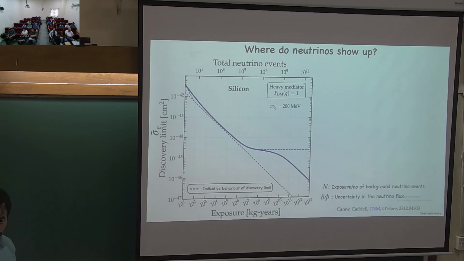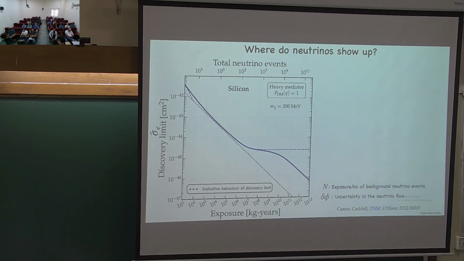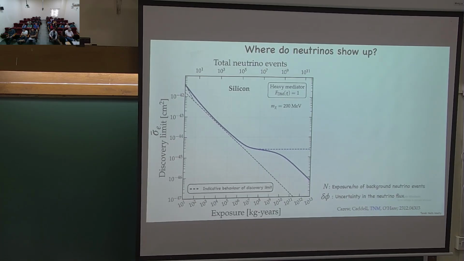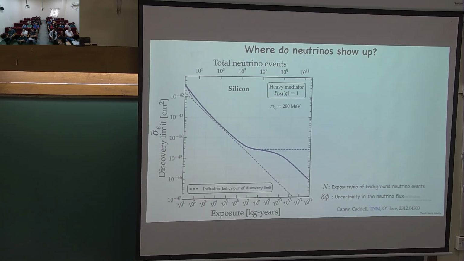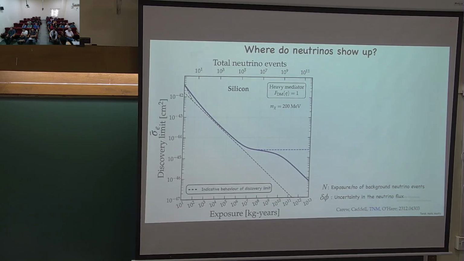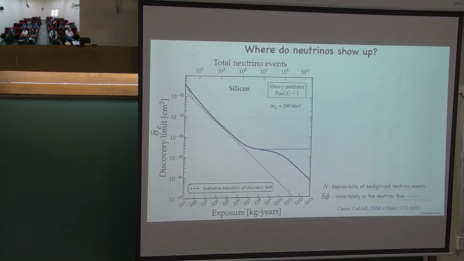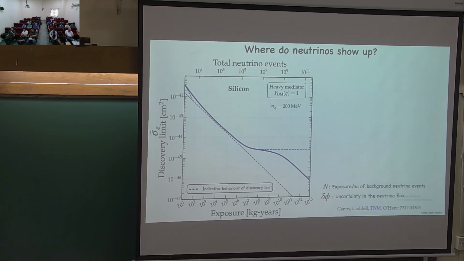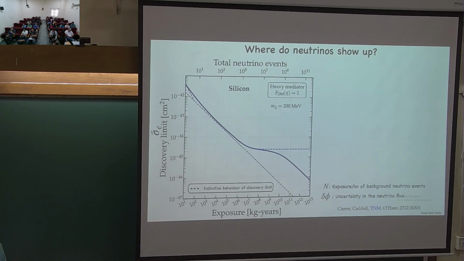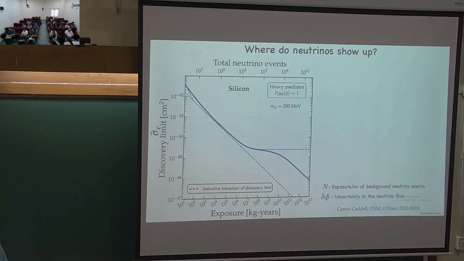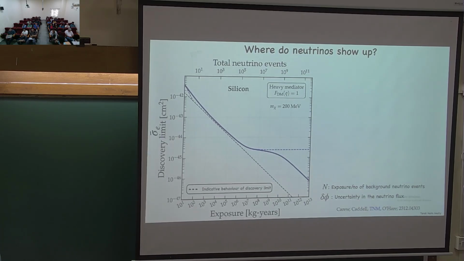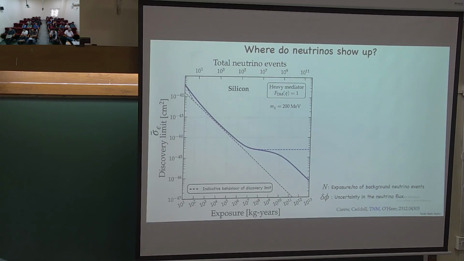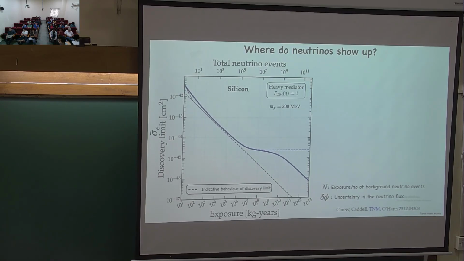Okay. Now in this plot, what has been plotted is the exposure on the x-axis, and given the exposure, the minimum cross section that you could probe in your experiment is given on the y-axis. So exposure is, let's say if you have 10 kg exposure, that means you have 10 kg of experiment which you have kept running for, let's say, 1 year. That's what 10 kg means. Now you can scale it for the other two.